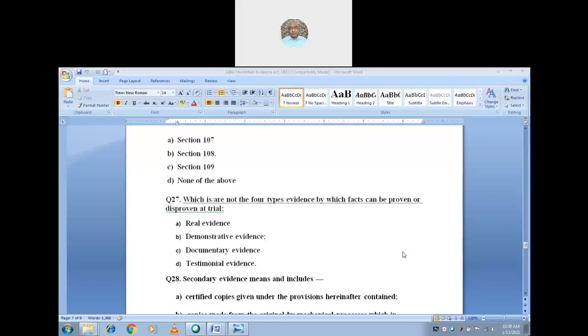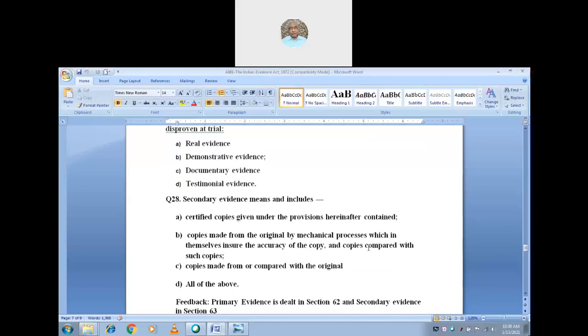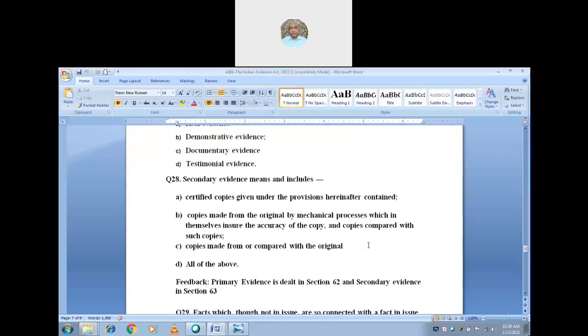Yes, I think it is demonstrative evidence. To me, testimonial evidence is not one of the four types because it comes under documentary evidence in that category. So we can say testimonial evidence will not be considered. Anyway, please check it, subject to correction. So how many types of evidence will generally be put? Because people will give evidence in the oral form, or in the written or documentary form. Is it not, sir?